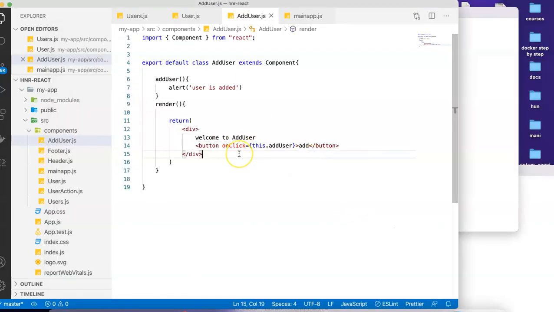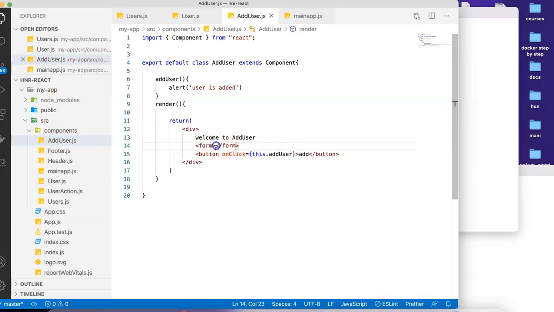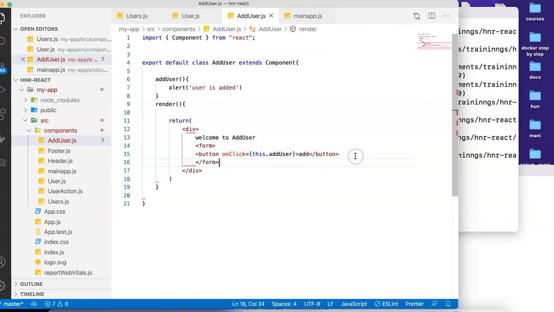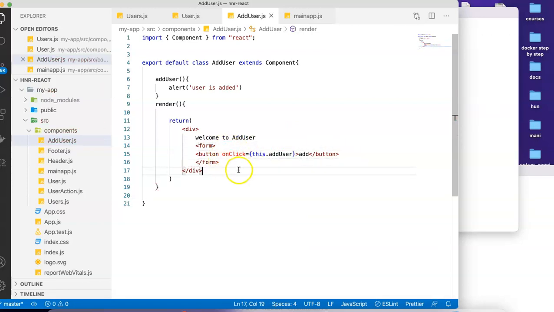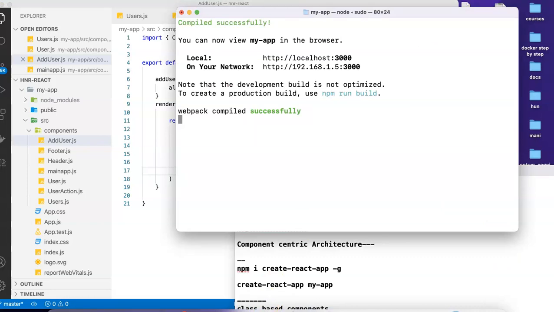Okay. Once this feature is added, the next step will be how to post this user added. We want to apply the form based implementation because that is the independent button. So the moment I apply a form tag here, let's say if I just use form tag and I wrap this in the form tag here, okay, and in this form tag if I just see my outcome, the way it was working earlier,